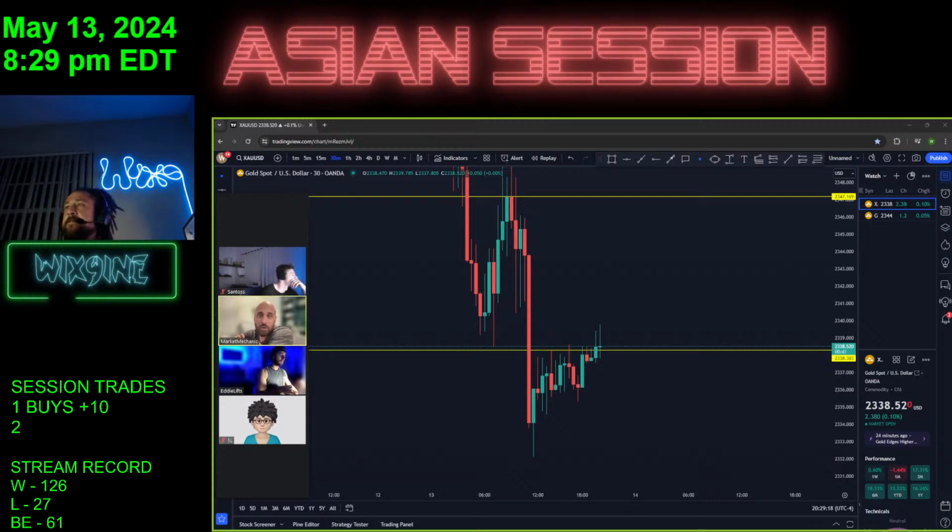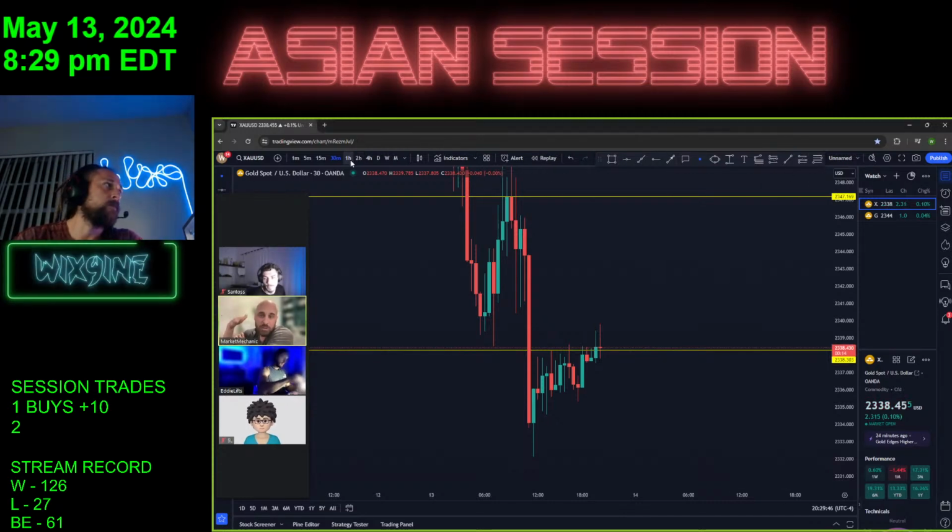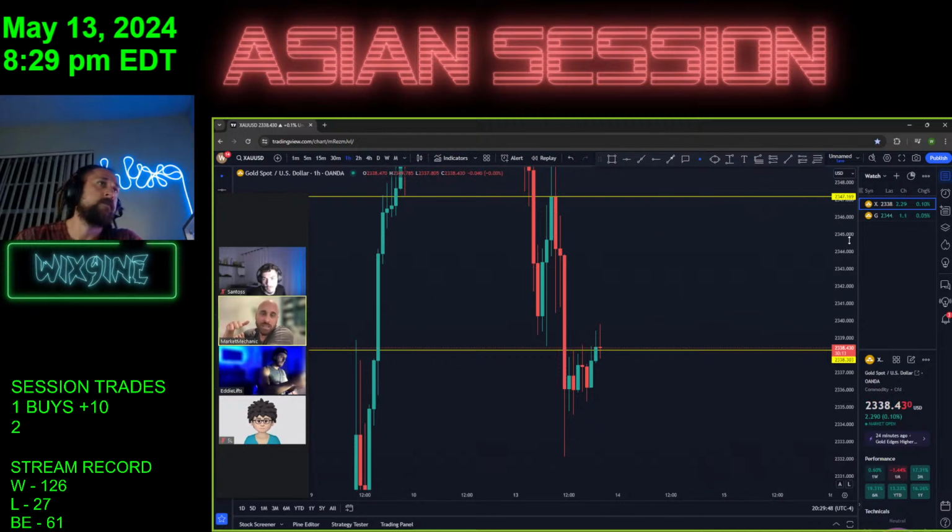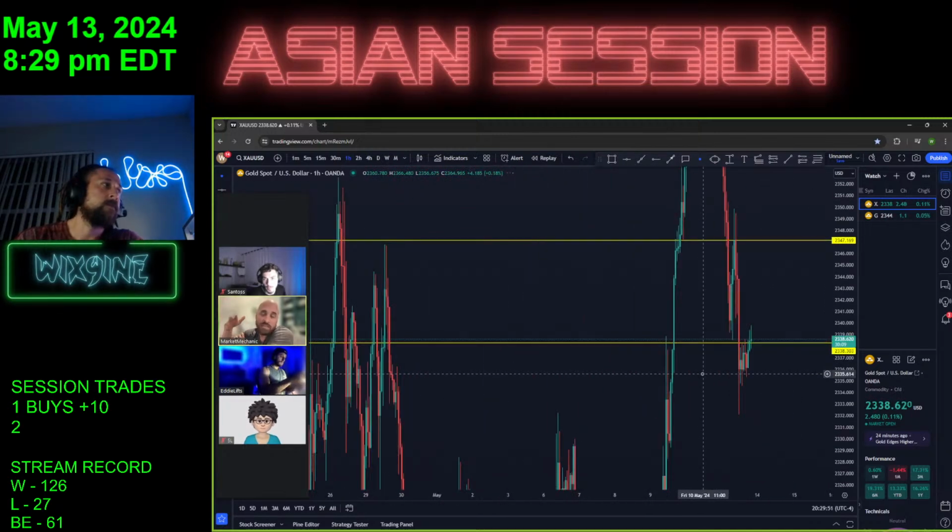So let's say you initially enter 10. No hedging, I get it. The only way to hedge is if you're running on GC1 and then hedging on MGC1, which is the micro. But let's say you fill 10 and you set your stop at 10, and then you trim 5 and your stop is still 10. If your stop gets hit, it's going to close the 5 buys and then it's going to fill you 5 sells.